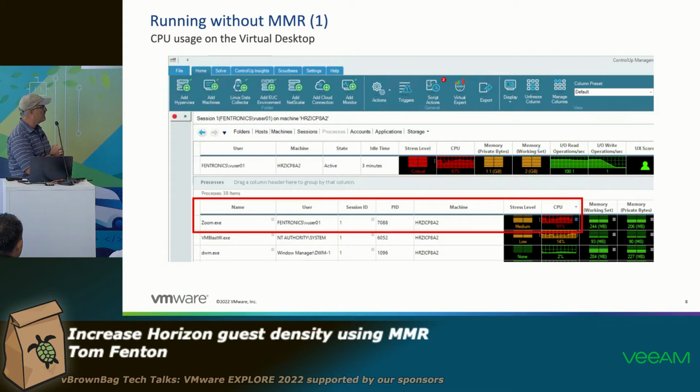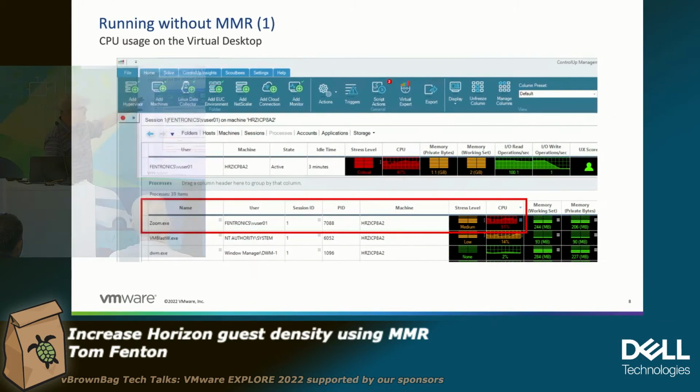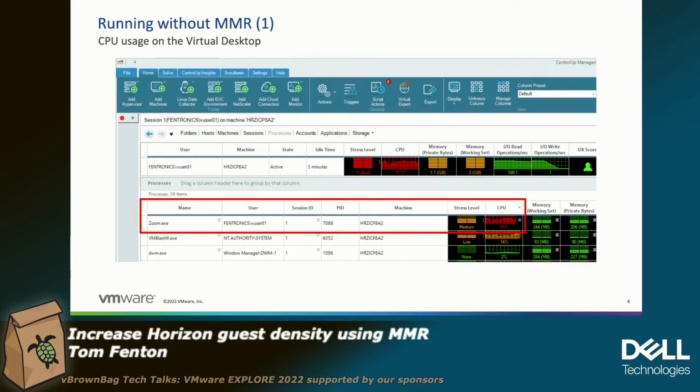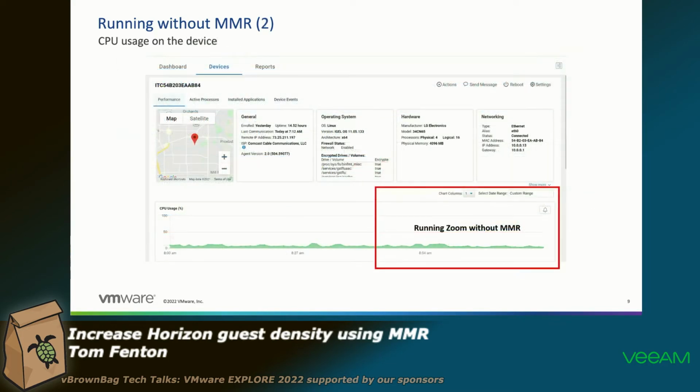Here's a virtual desktop CPU usage. Running on the virtual desktop, you can see it is running 51% CPU load, which is kind of interesting because this is a dual vCPU virtual desktop, so it's consuming an entire CPU, right? Which can get expensive. Then I ran the same, kind of looking at it on a device itself, the thin